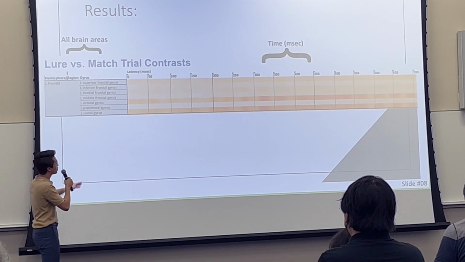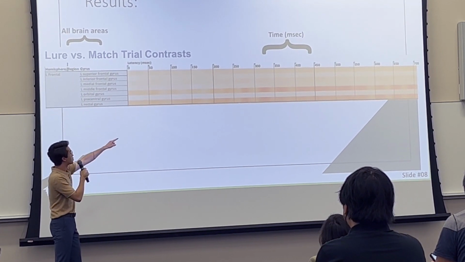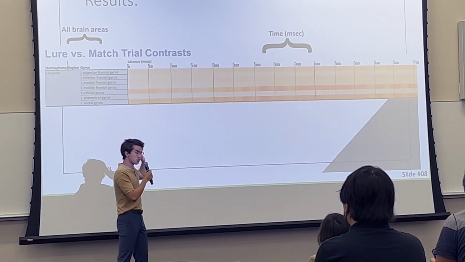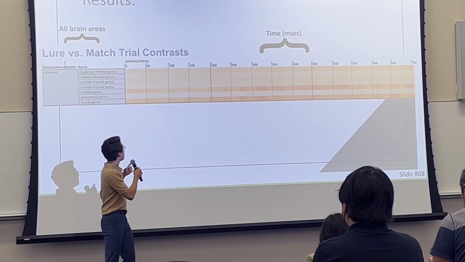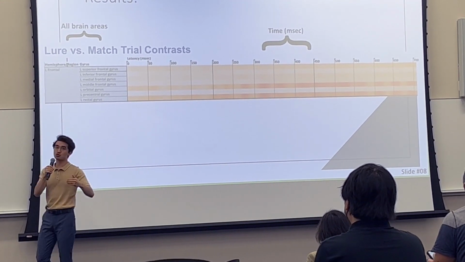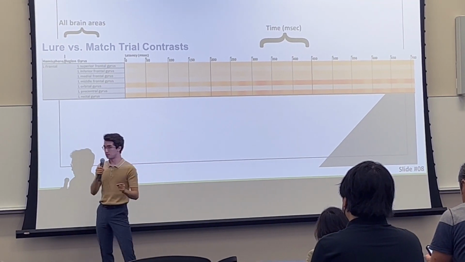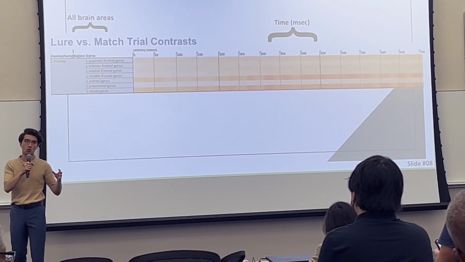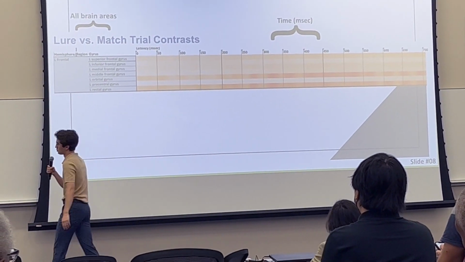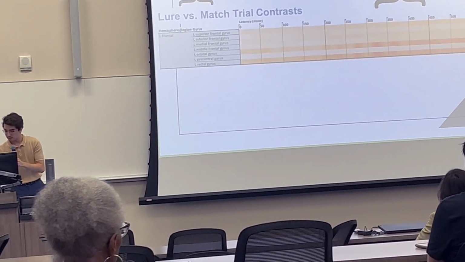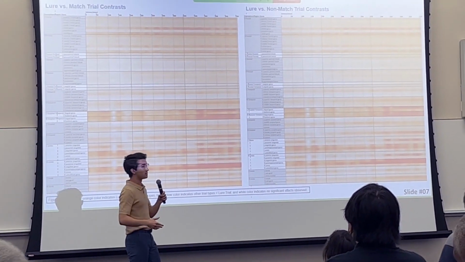What you'll notice here is we have a color spectrum of darker orange, yellow, and white, right? These colors correspond to a specific brain area. Darker orange signifies that that brain area was strongly active in the lure trial at a given time. If you see yellow, that means that brain area was only slightly active during the lure trial. And if you see white, that means there was hardly any activation of that brain area in the lure trial. Okay? So going back here, it's very clear that the lure trial in both instances had more brain areas that were active,